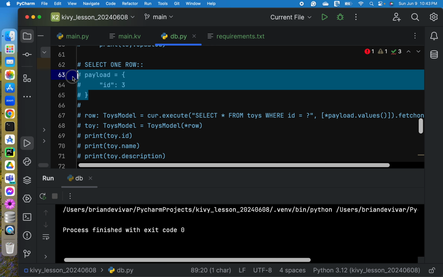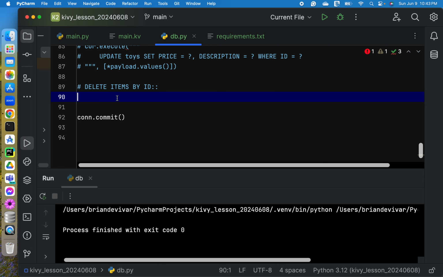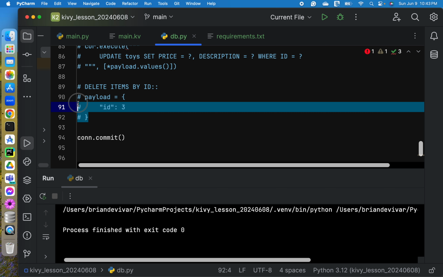Okay, so let's copy the payload that we used earlier.